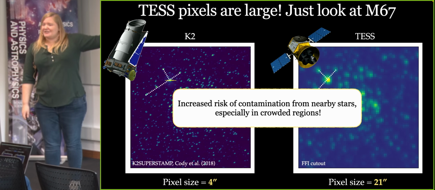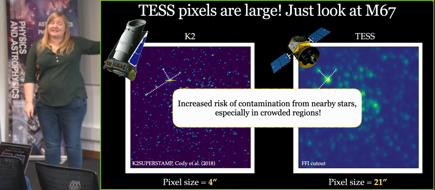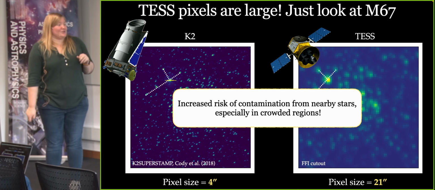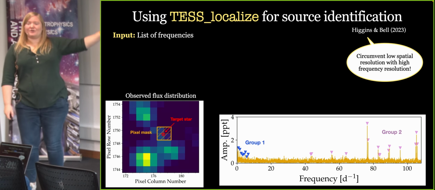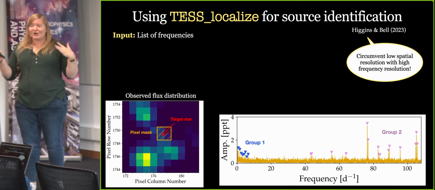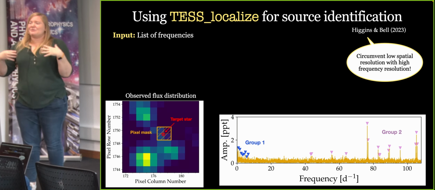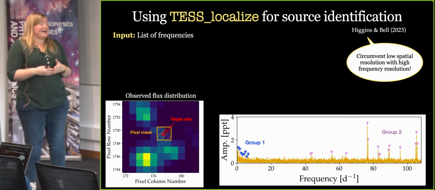Now, a way to try and circumvent this and figure out where the source of my signal comes from is to use tools such as TESS localize, where what they're really trying to utilize here is that even though the spatial resolution is large, the time resolution that we get is high instead. So essentially how this code works